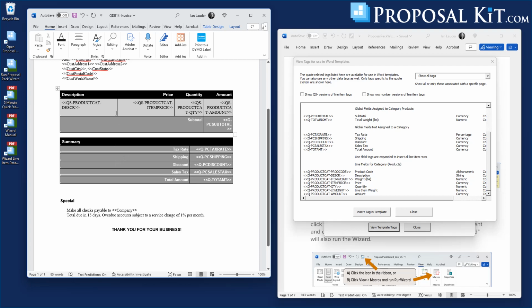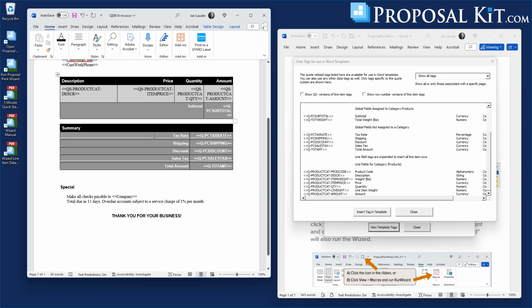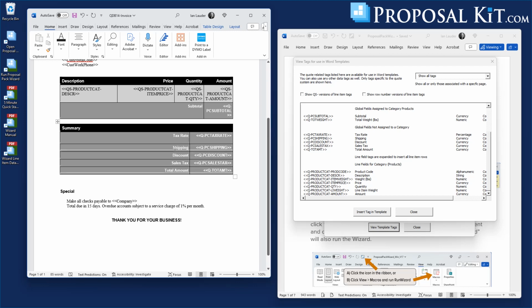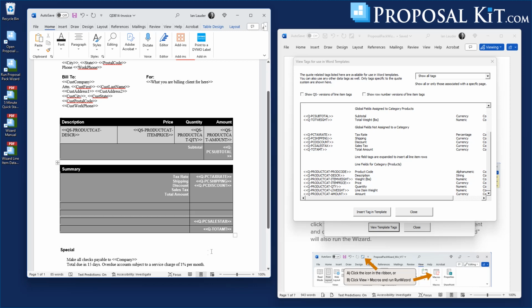One thing we can do is, since the invoice has a lot more info going on up here, maybe we want to shorten up this table. So we can use one line item row for all of this stuff if we want. So I'm going to just make some changes here to this table to make a custom one. So another thing we can do, instead of manually retyping or moving things around, we can always insert using